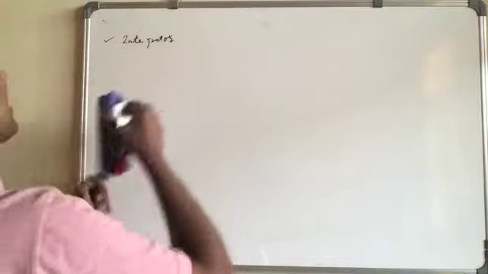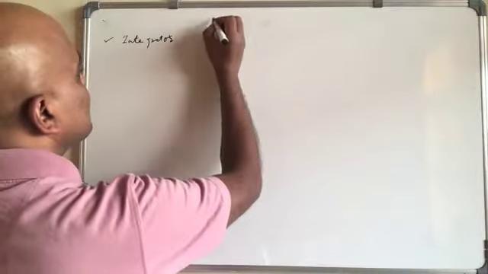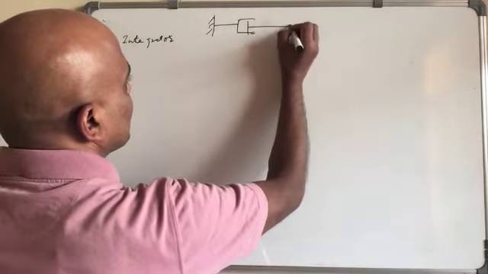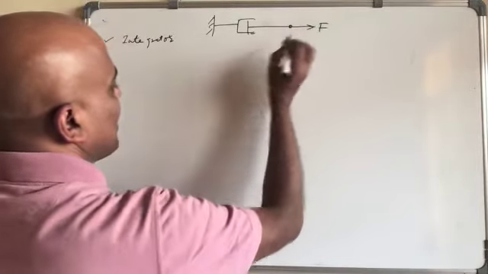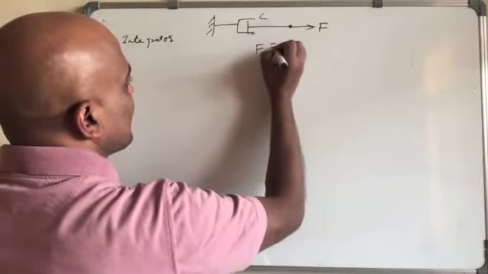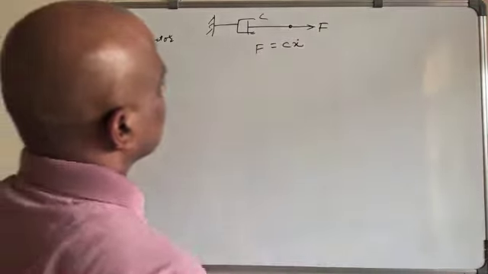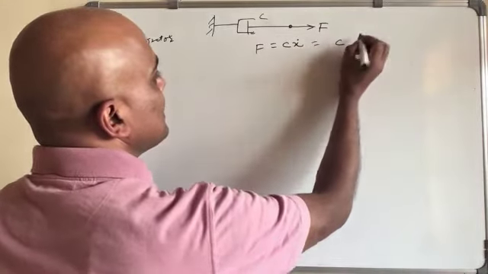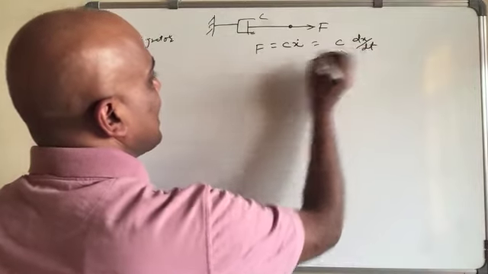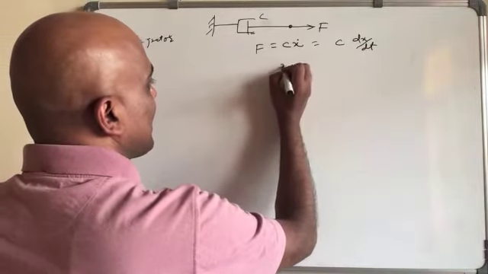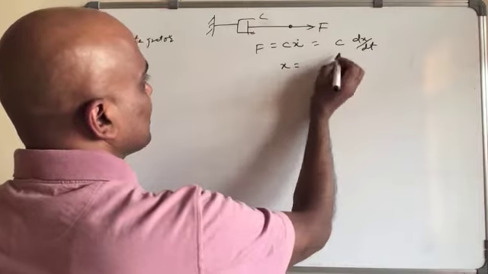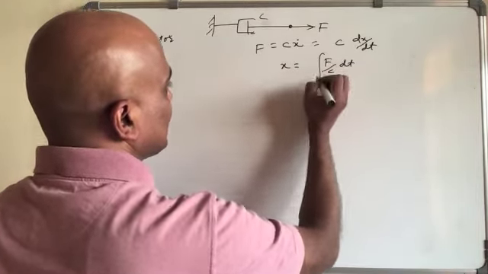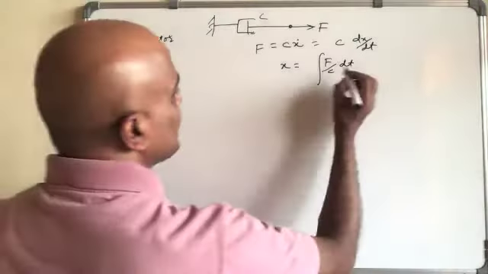So when you say integrator, this will be something like this. Our damping, right? So damping. This is force here, and the equation becomes F equal to C x dot, right? And hence x will be equal to what? Equal to C dx over dt, and so x will be given by the integral of F over C dt like this, right? So this is where the integrator comes from.